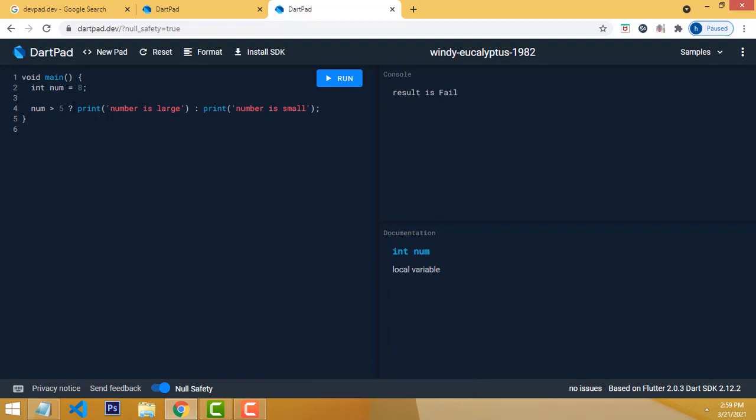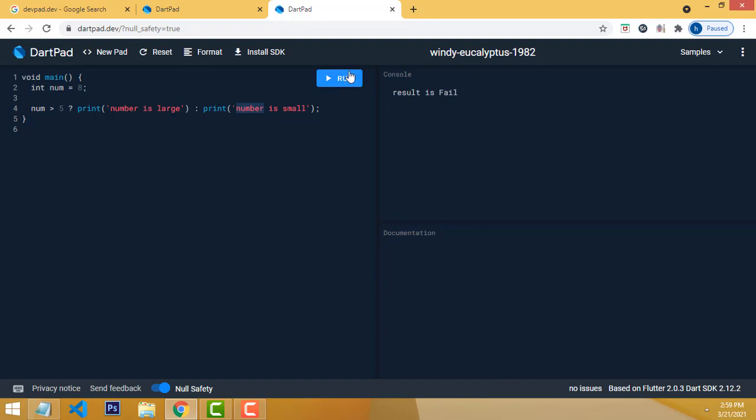We are putting the question mark over here. Here I imagine int num equals 8. The number holds the value 8. Is 8 greater than 5? The condition is true, then print it out. If it is true after the question mark, it prints out, number is large. Otherwise, you have to put else and write number is small. Right? Very simple.